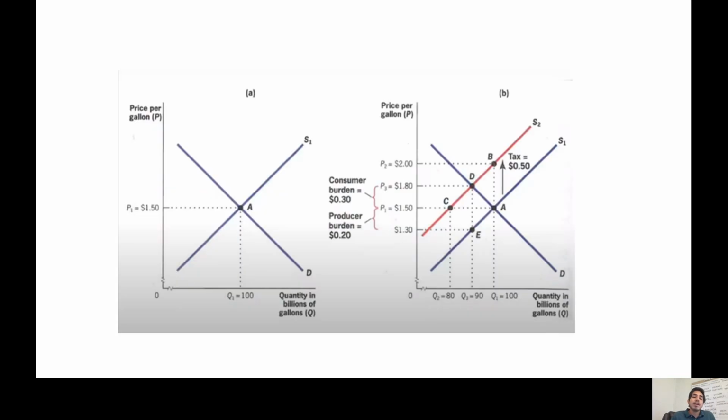So potentially one solution would be a per unit tax on gas, gas consumption or gas production. And the novel big idea that we developed in Unit 2 was that it doesn't matter if you force consumers to pay the tax or if you force producers to pay the tax, that has no bearing on who actually pays the tax. To prove this to you, this is the model we use to develop this idea, and we're assuming no externality for now. We took out the externality just so it doesn't complicate our analysis.